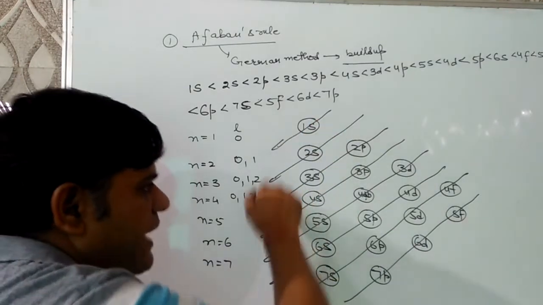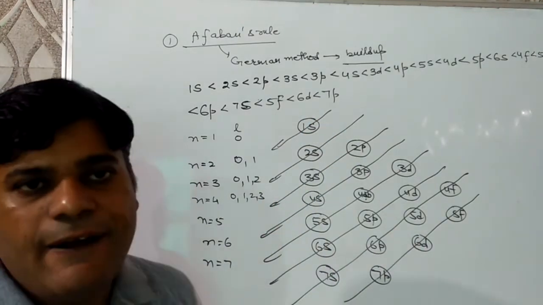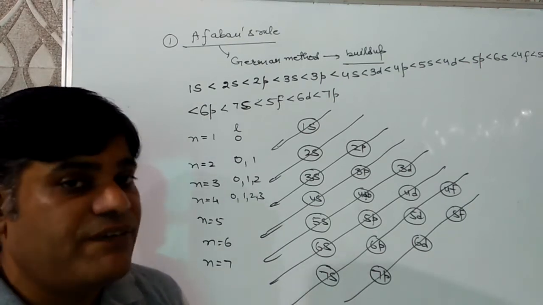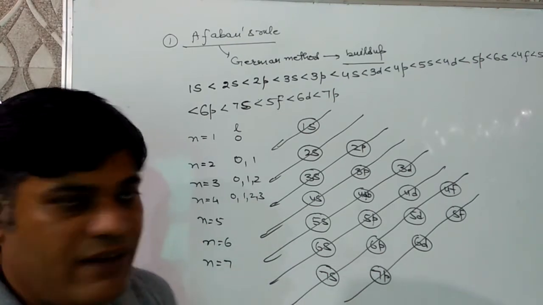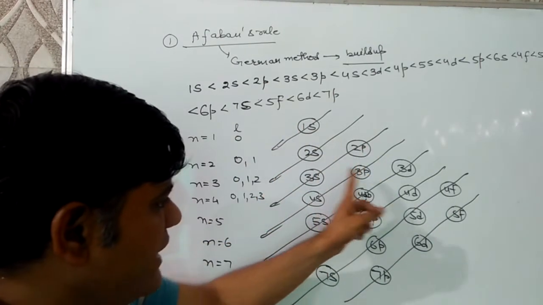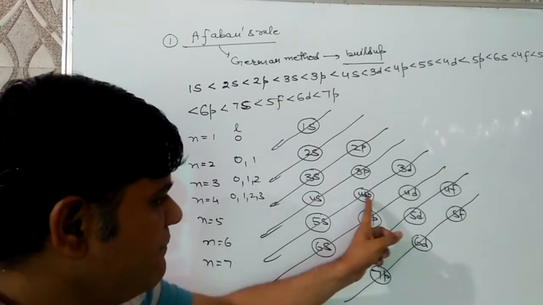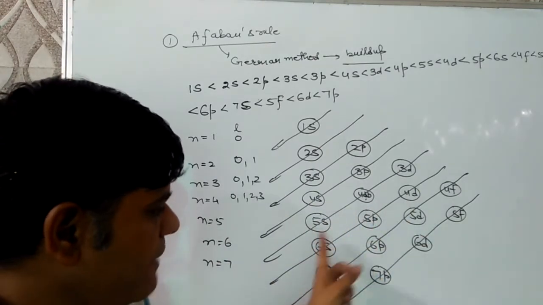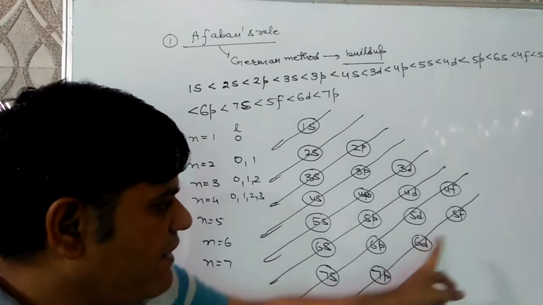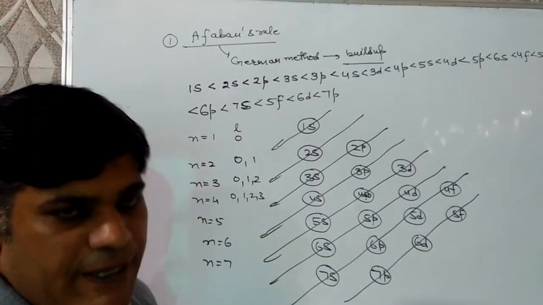Now we have to draw a diagonal. Keep it in mind, the orbital on which the diagonal comes first is filled first, then the second orbital. Like that, order will be 1s, then 2s, 2p, 3s, 3p, 4s, 3d, 4p, 5s, 4d, 5p, 6s, 4f, 5d, 6p, 7s, 5f, 6d, 7p.